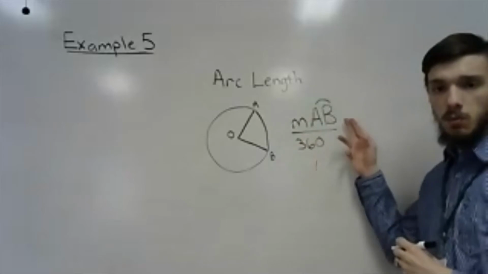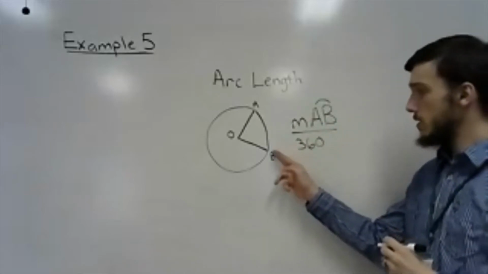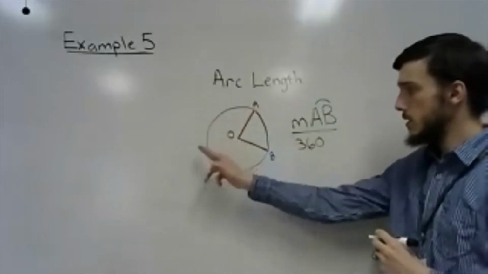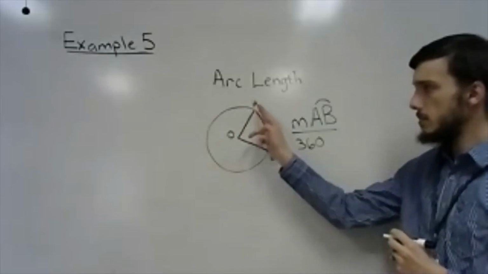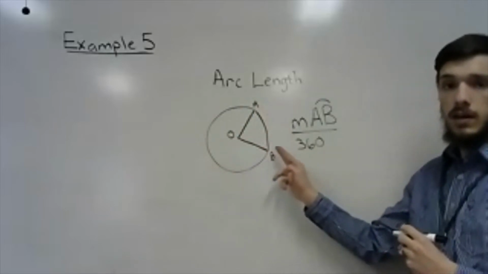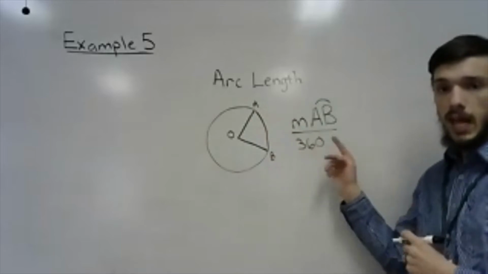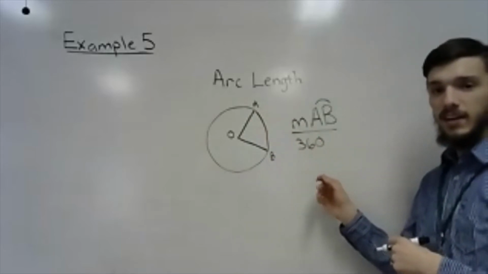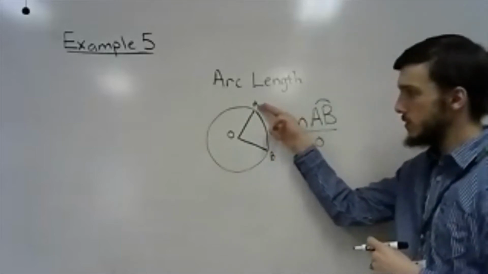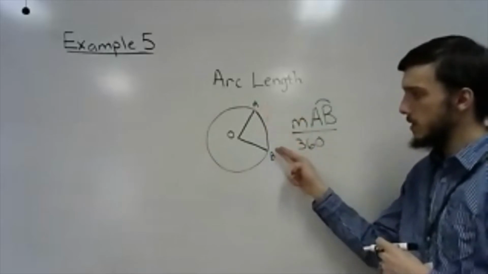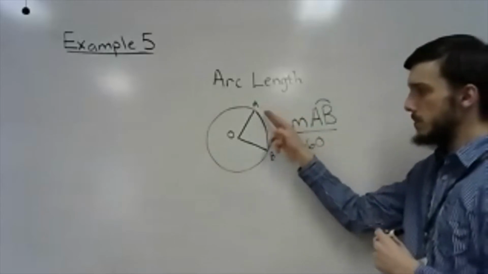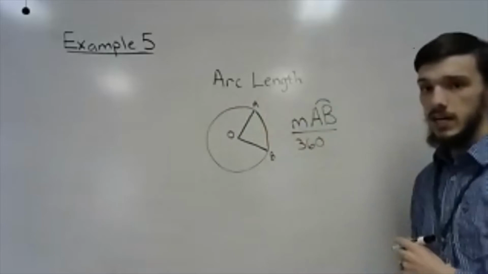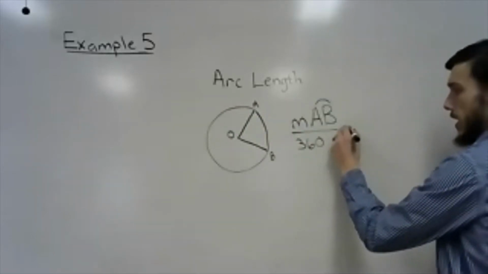Now this tells us what fraction of the circle arc AB takes up, but now we have to multiply by the circumference of the entire circle. And that'll look like